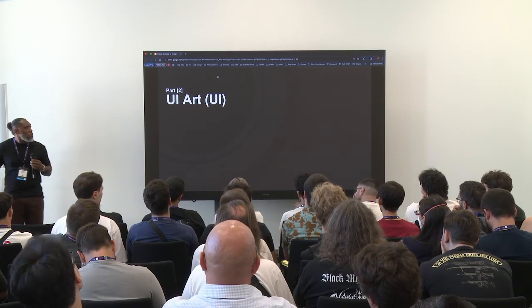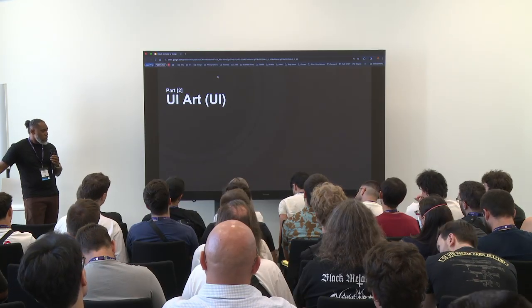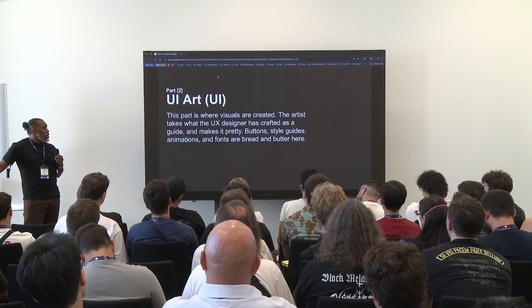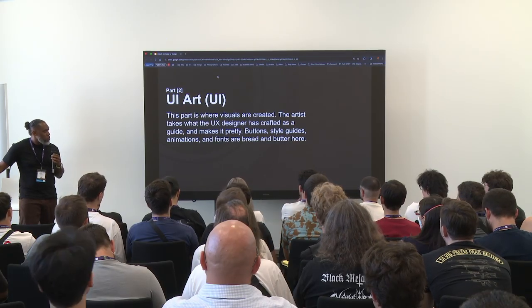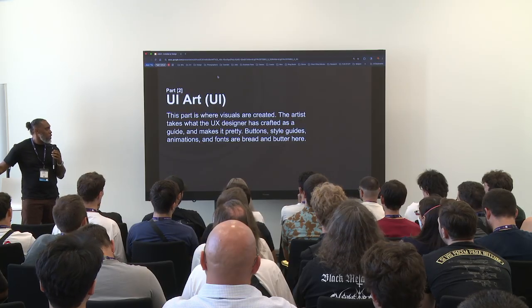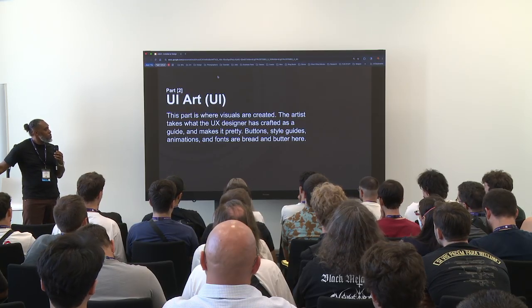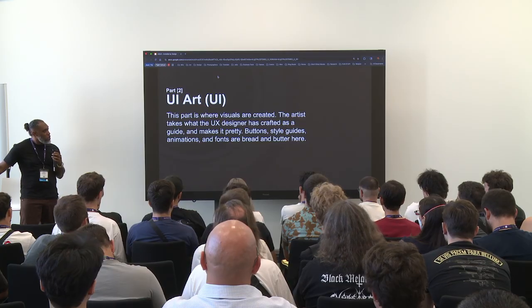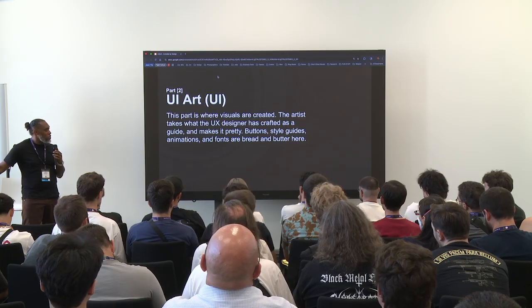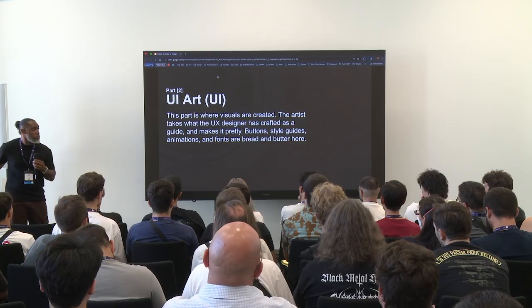Part two, which is UI art, commonly referred to as UI. This is where the visuals are created. The artist takes what the UX designer has crafted as a guide and makes it pretty. Buttons, style guides, animations, and fonts are the bread and butter here.